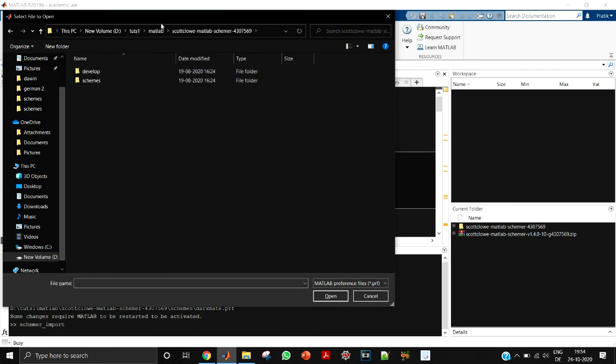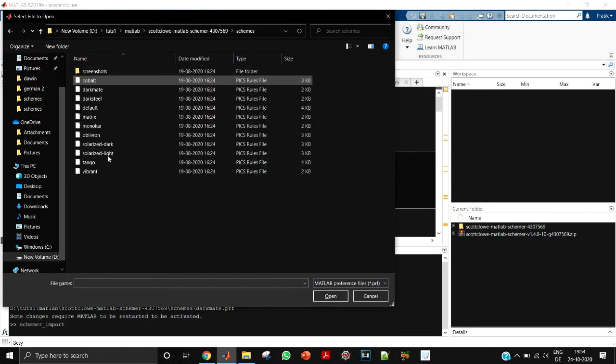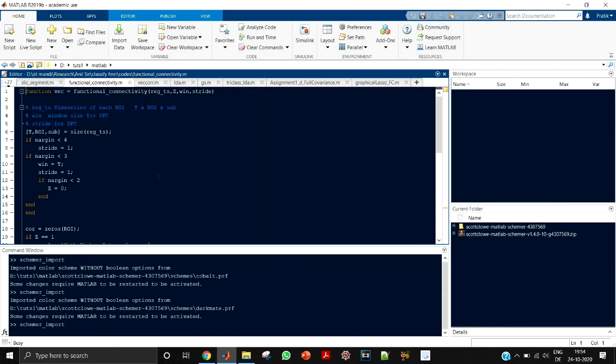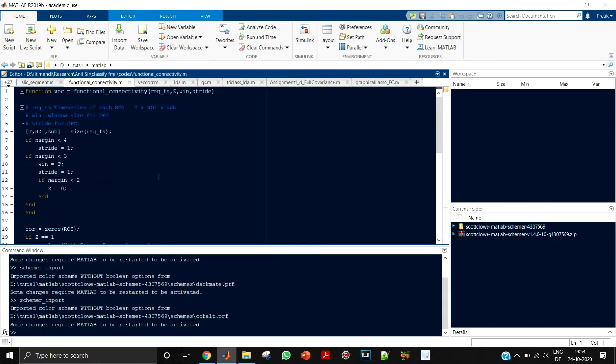Now here you'll have to go to the folder where you have just unzipped the GitHub folder, and there you'll see these schemes and you can change as and when you want. This is my personal favorite. This is something that you can do to change the layout of MATLAB.